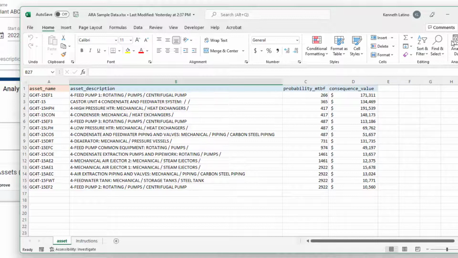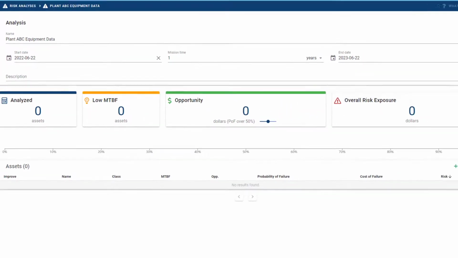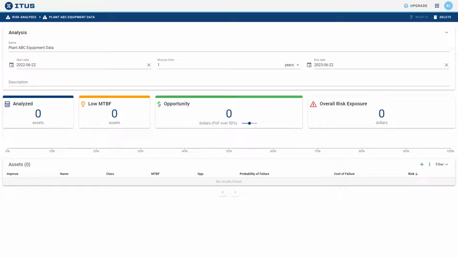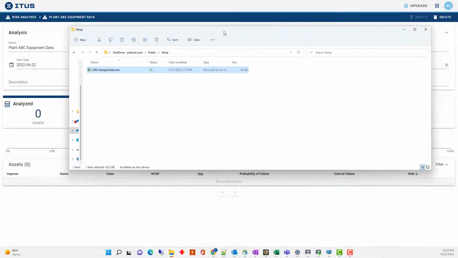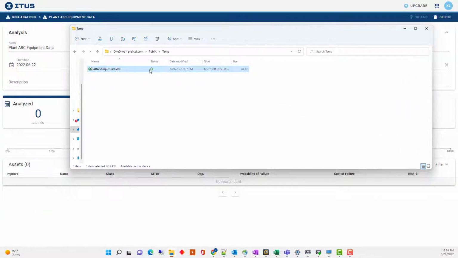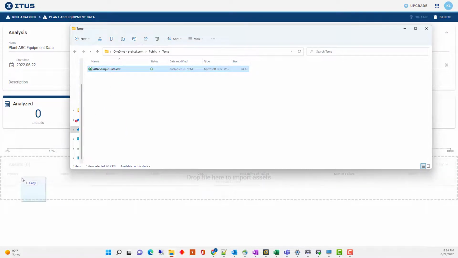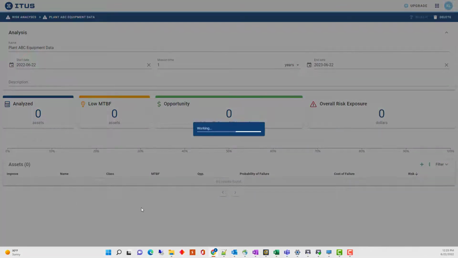Okay. So I'm going to close this, and what we're going to do is we're going to import this data into the tool. Okay. So what I'm going to do is, here I've got the file right here. It's just the same file I just showed you. And to make it simple, they make it really easy. You can just drag and drop it. So if I come over here, I just drop that spreadsheet, and it's going to load that information into the database, and it's going to actually do the analysis after it loads it,